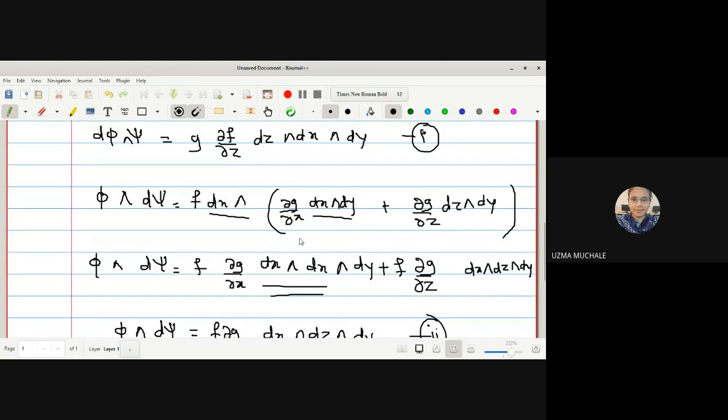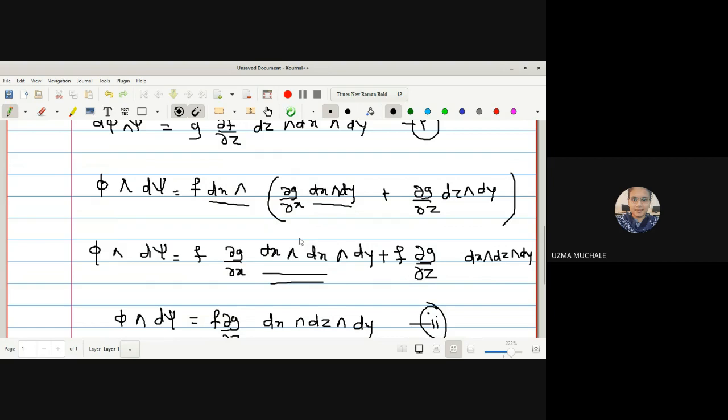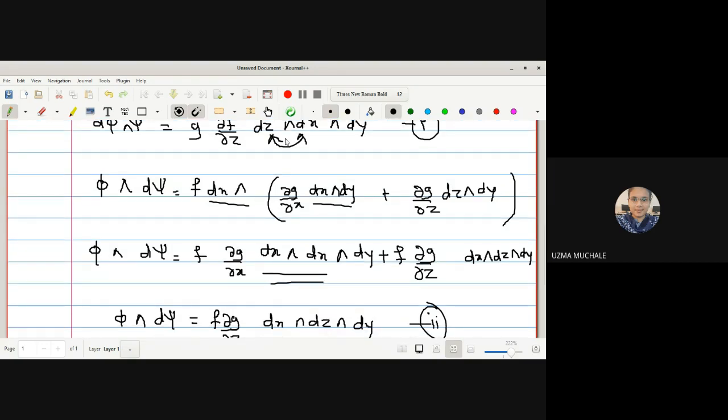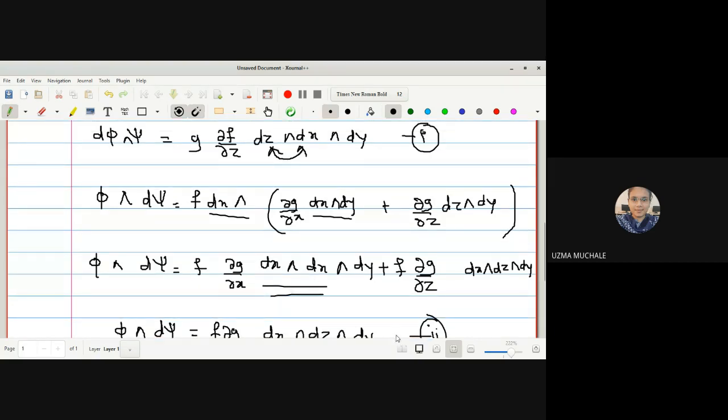These are the two equations. Yes, ma'am. Here we have dz dx dy and here we have dx dz dy. So I will just interchange the position of these two. If I interchange the position, there will be a change of sign and it will exactly look like your equation 2. In equation 2 we have dx dz and dy, and here if we change the position, again it will be minus dx wedge dz wedge product with dy, which is very similar to your equation 2.